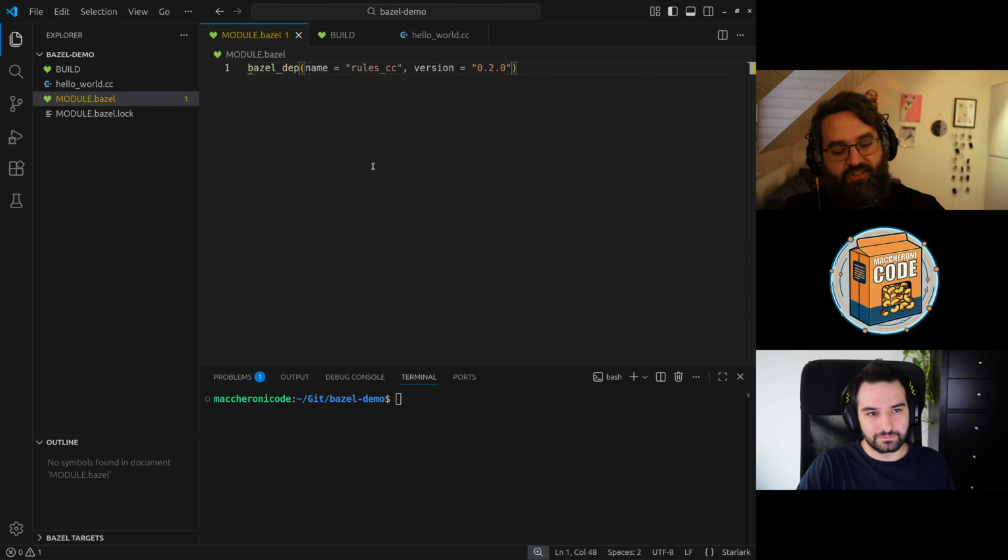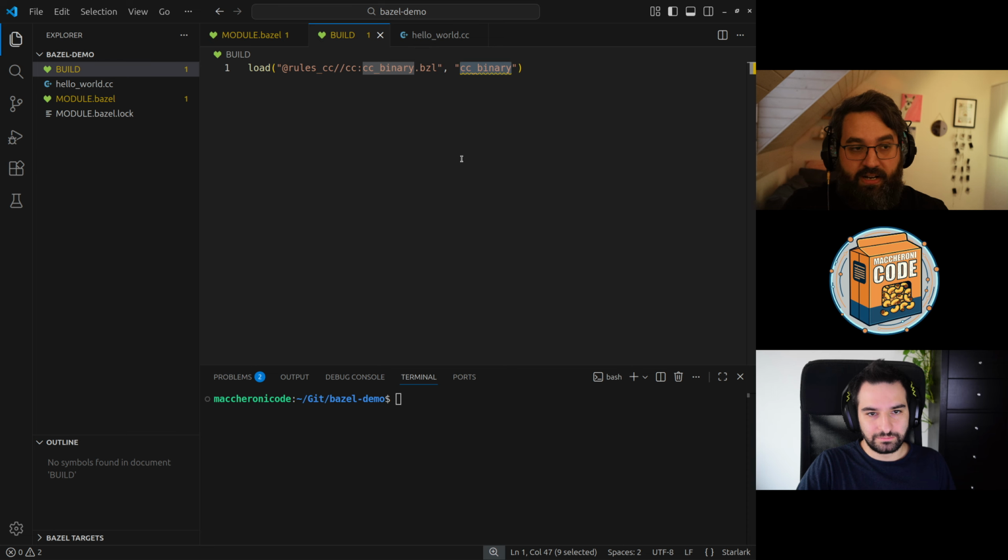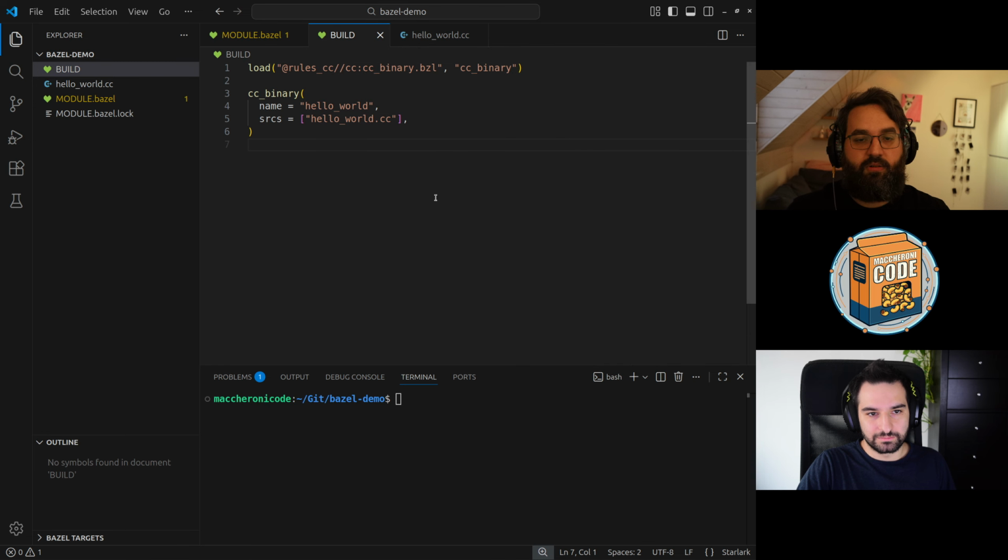This is a package that contains all the build rules related to C++. Okay. So we go here in the build file and we finally do something here. So first of all, we go and we load the rule that we need. In this case, the rule is CC binary. And we actually create our build target, which is going to be hello world.